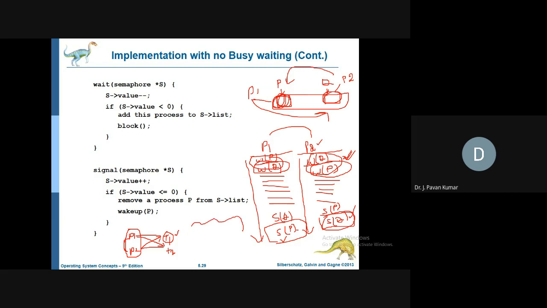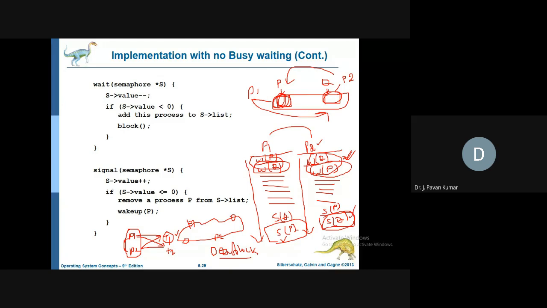there will be some sequence of instructions to be executed. One process is executing and waiting for some resource which is held by another process, and another process P2 is executing, holds one resource and is waiting for another resource held by the first process. Mutually these two are waiting for each other. So this is a never ending process. This particular situation we call deadlock. This is one of the examples which will lead to deadlock.